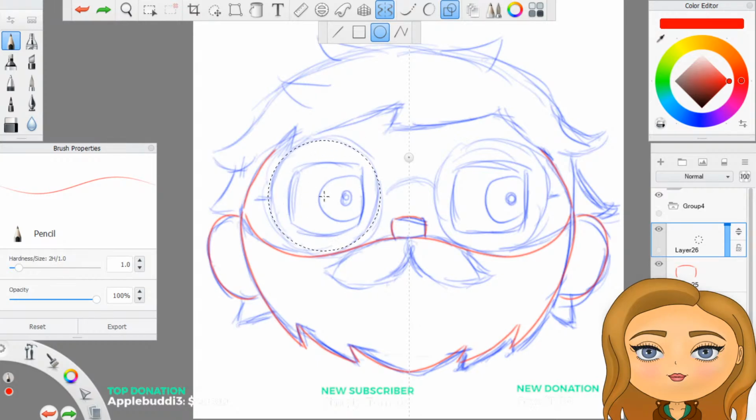Obviously, slam down a circle for them glasses. Trying to figure out the positioning that I want for them.